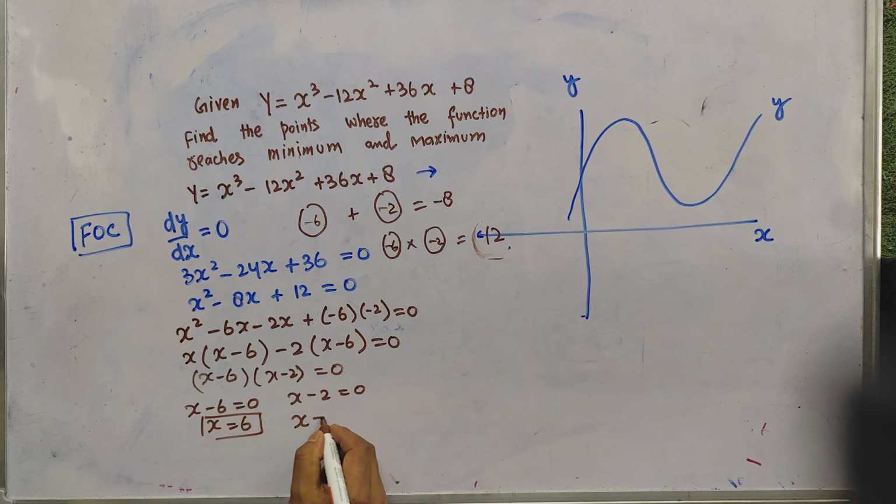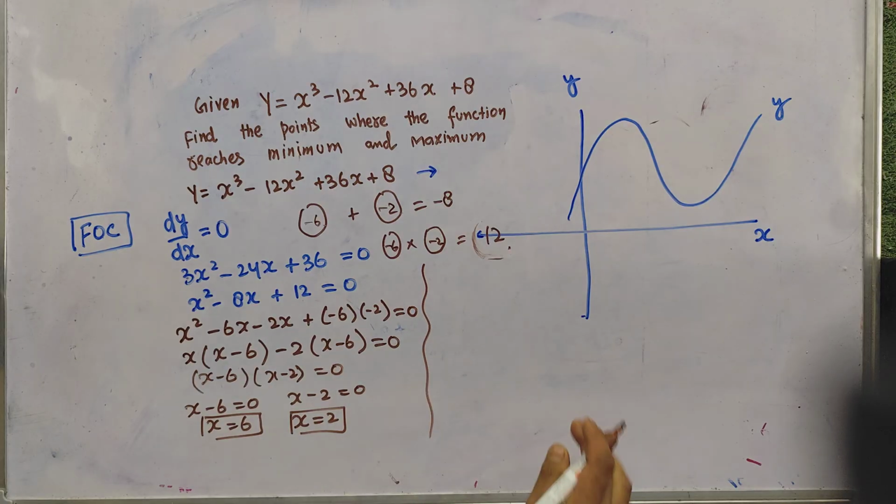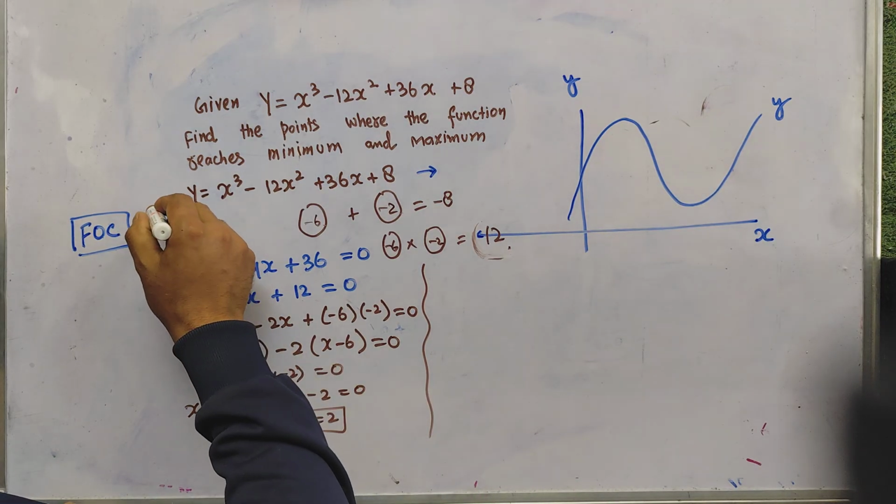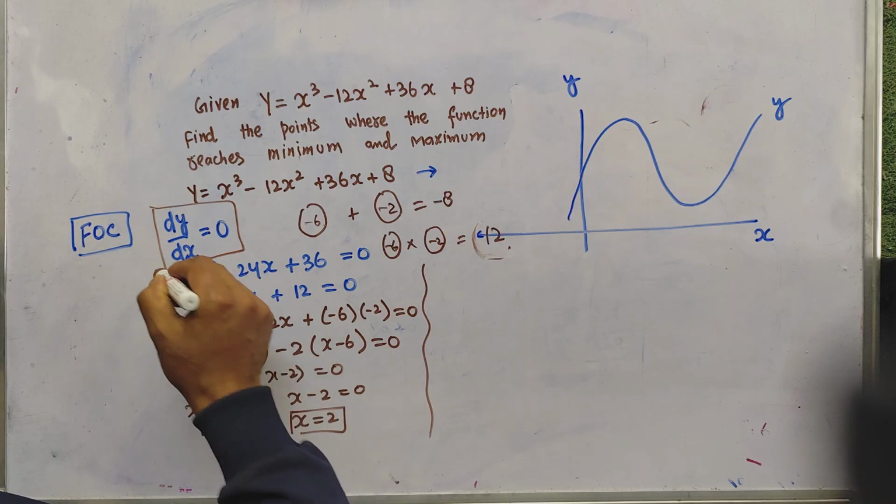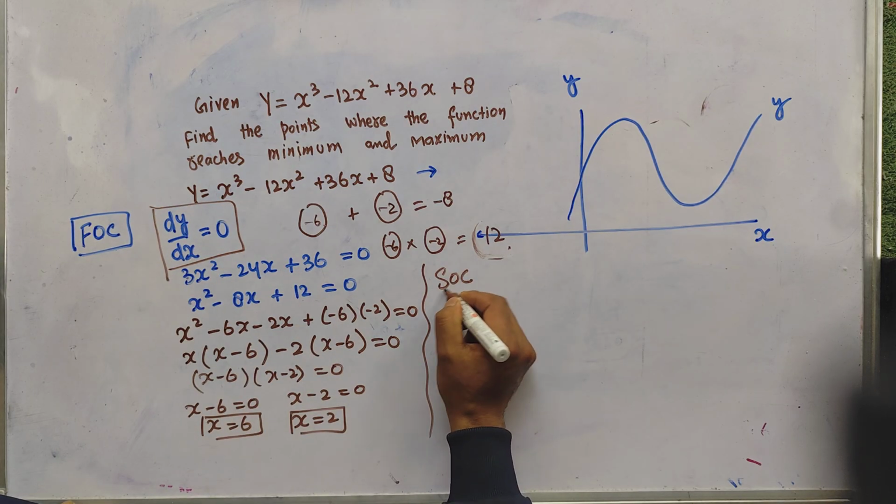x minus 2 is equal to 0 means x is equal to 2. So we got two critical points where the function has slope equal to 0. Okay, so this is the first order condition, that the slope of the function should be equal to 0. Now the second order condition is that